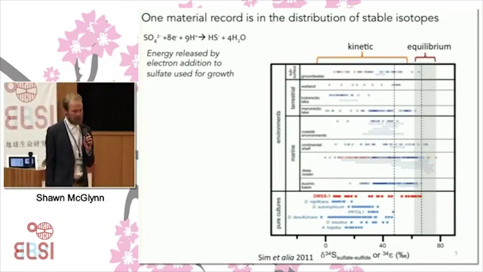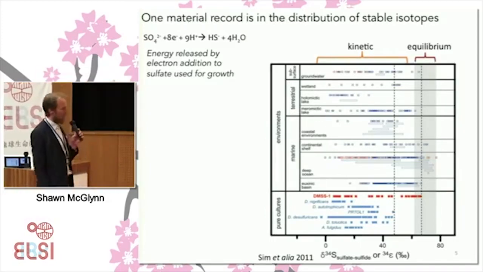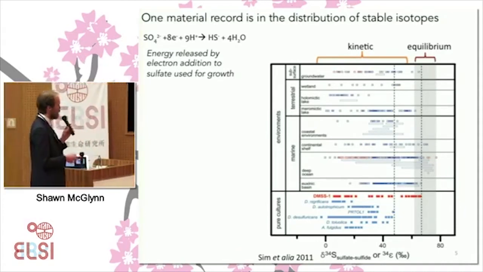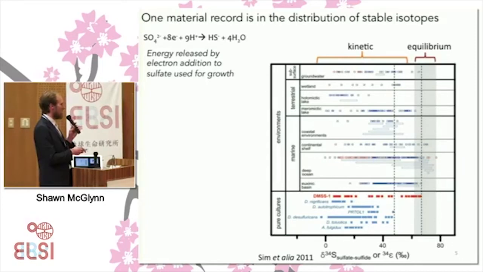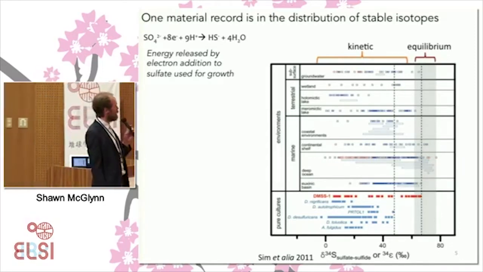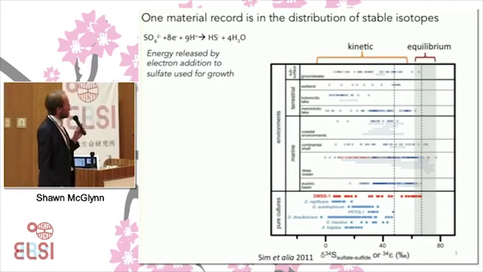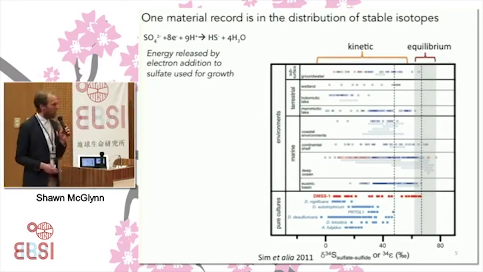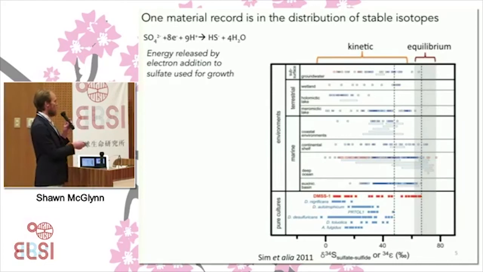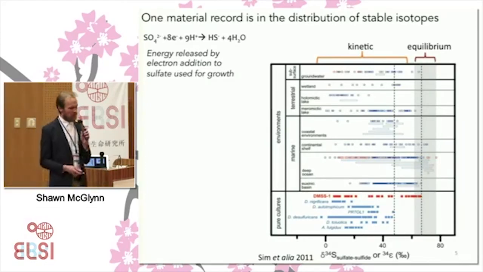And so life is able to operate its metabolism in a way that's fast enough that sulfide is produced so fast that the isotopes aren't able to equilibrate. And so we get these deviations from equilibrated sulfur isotopes. And these kinetic fractionation factors have been thought to be related to all sorts of stuff: the rate of the organism's growth, the place that they grow, are they marine, are they terrestrial, are they pure culture, are they mixed culture?